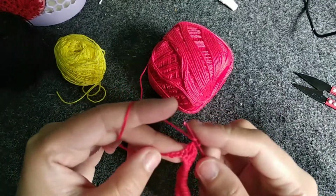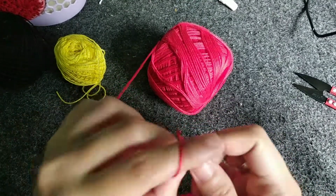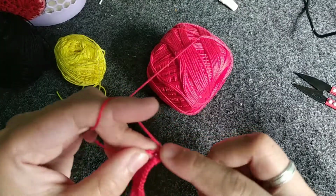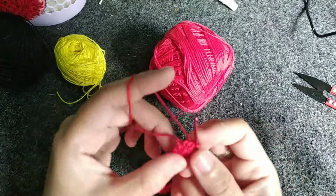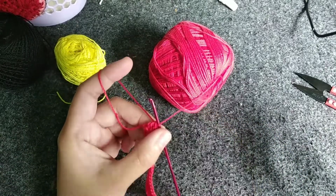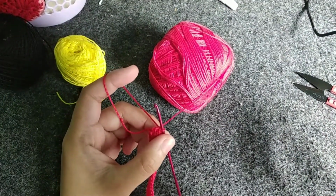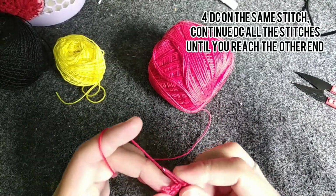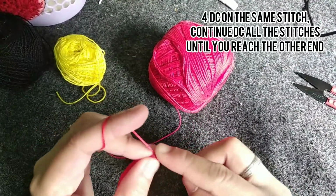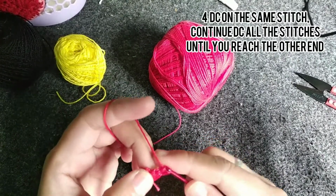Alright, so I'm almost there. I'm already on the last stitch of this chain. There you go. So once you are already on the last part of the stitch, you may want to crochet 3 double crochets on the same stitch. So I have